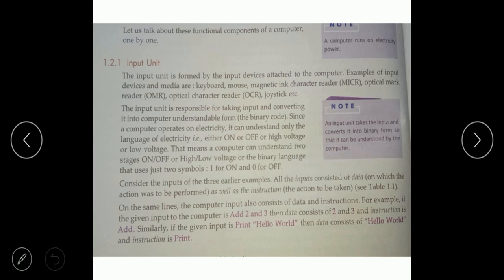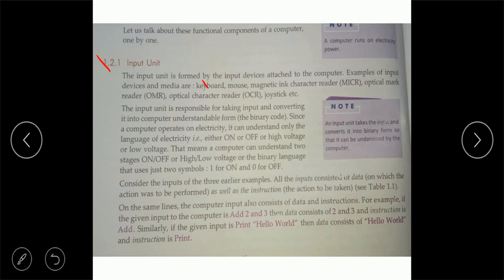You can see in the figure, input unit. What is input unit? The input unit is formed by the input devices attached to the computer. Whatever input devices are there, they all together form the input unit. For example, the input devices are keyboard, mouse, magnetic ink character reader, optical mark reader, optical character reader, joystick. Many more input devices are there,